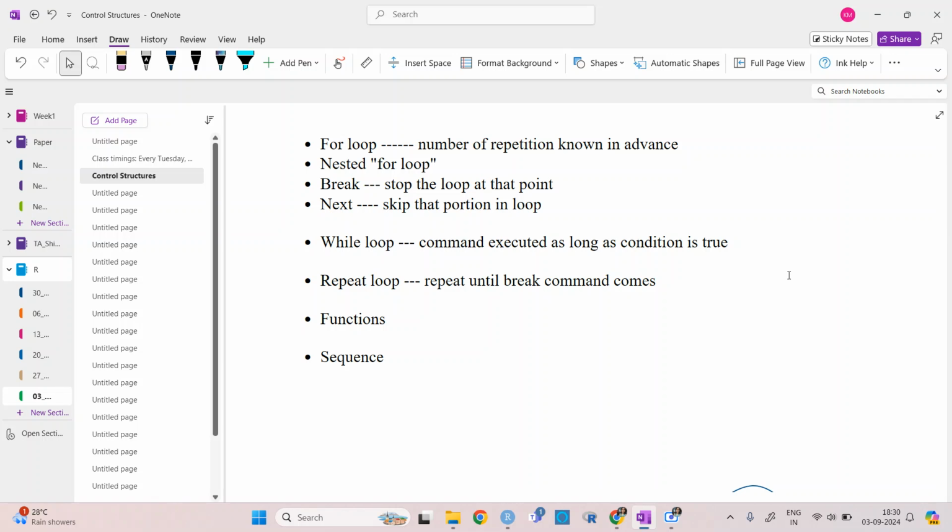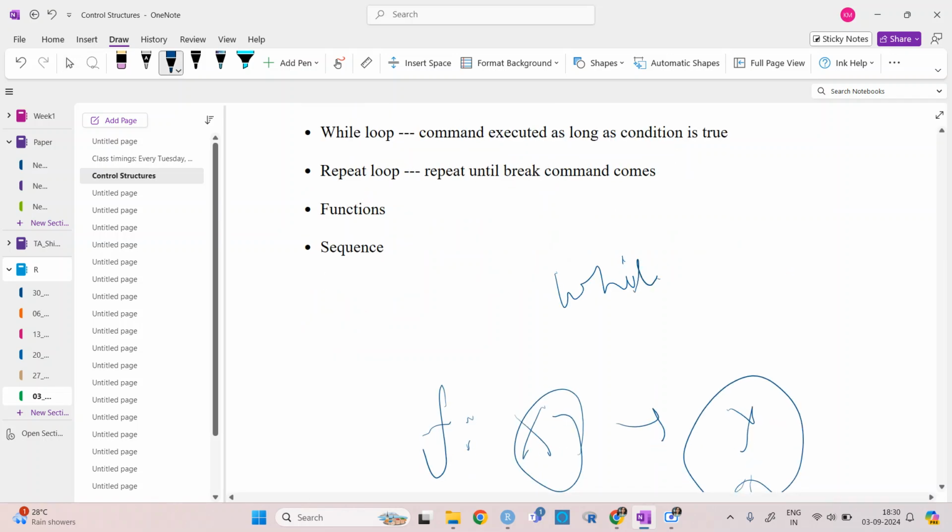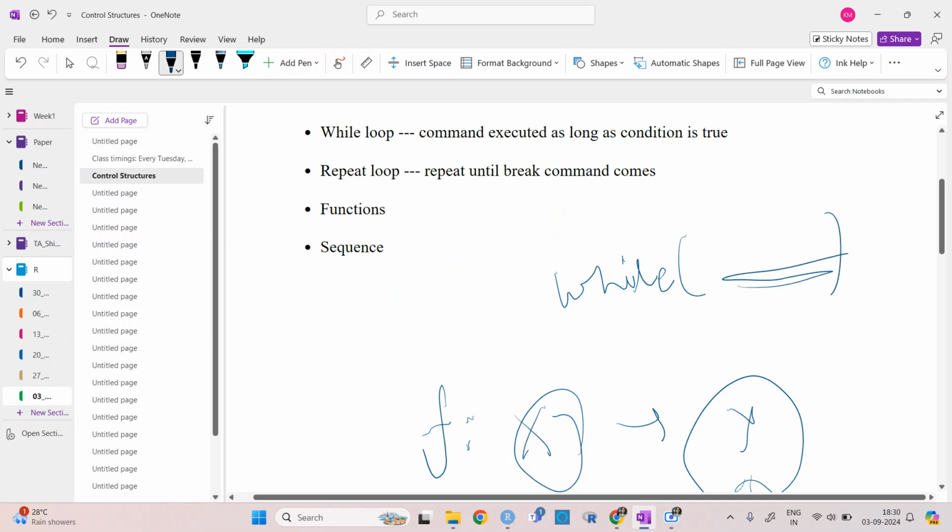We give the command to be executed as long as the condition is true. That means we say while, like until: until this is true, do this, or otherwise you can say something like else, so we can use if else in that case. While is basically until this condition is true, do this. That's it.